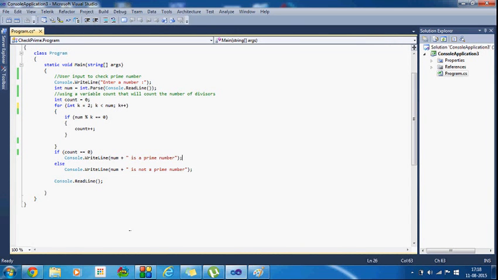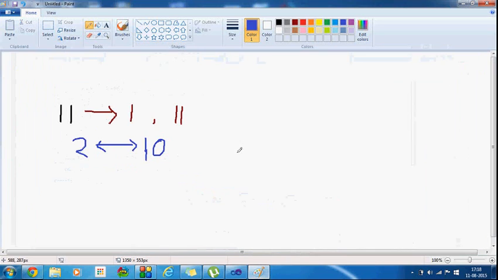And then suppose I take 15. Suppose I have taken a number, or the user will input 15. So what will happen? 15 has how many divisors? Means 1 and 15.